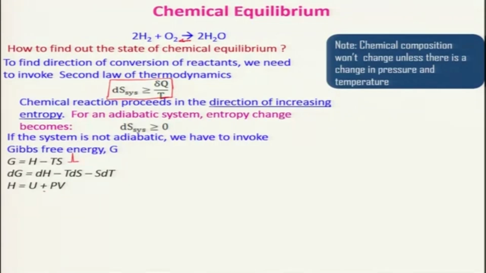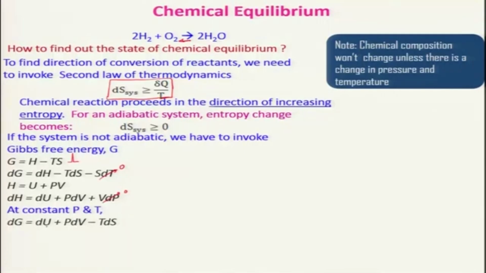If I differentiate this, I will get dH equals dU plus PdV plus VdP. At constant pressure and constant temperature, we will get this equation. This will be 0, and similarly here it will be 0. There won't be a change in the temperature or pressure, because the pressure and temperature remain constant. And then dG, if I can use d(PV) in place of dH,